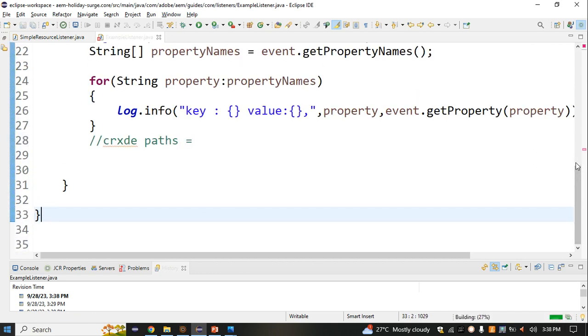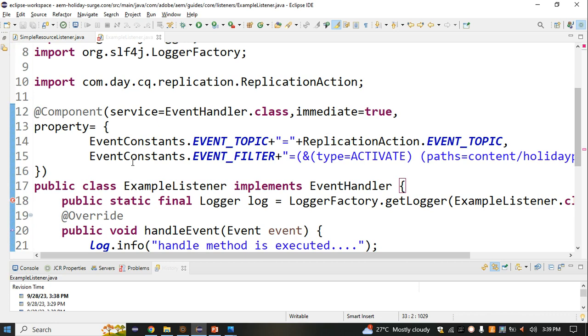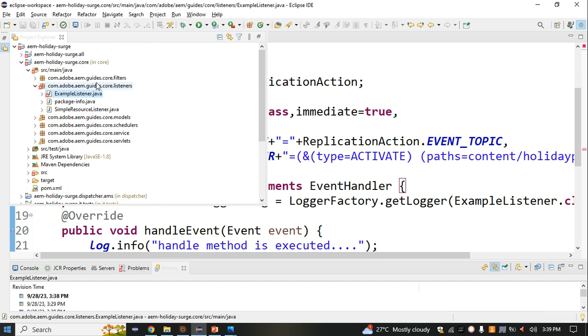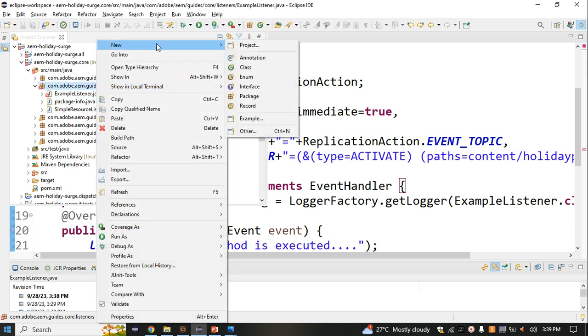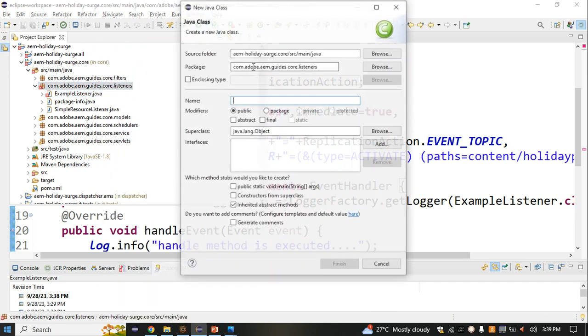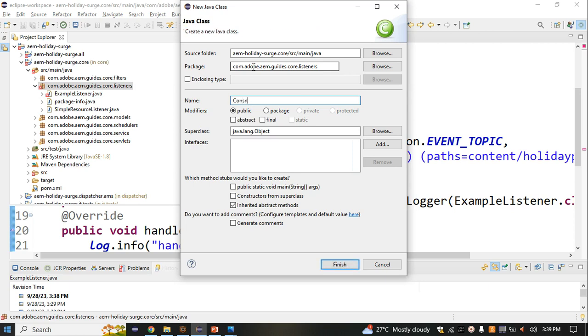Okay, before that I am just simply creating one class. Any class you can create, it's up to you. Come here and right click. I am just creating one constant. That's called a DAO util I am creating. Just hit enter,